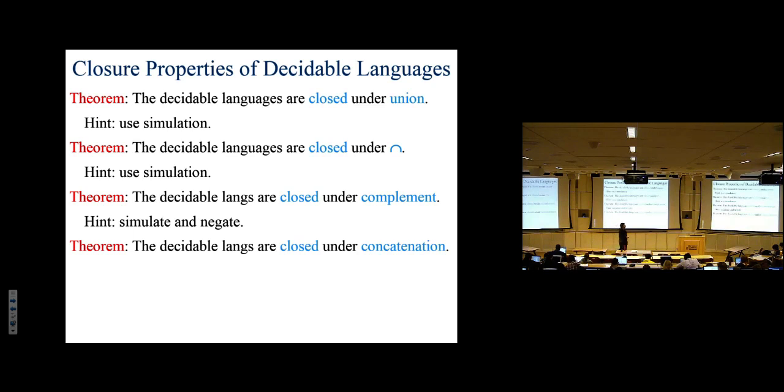They're closed under concatenation also. That one's a little bit subtle. You can't just do it immediately. You got to try some things. But there's still a pretty straightforward algorithm. So I give you a language, I tell you it's decidable. Give you another language, that's decidable too. Their concatenation